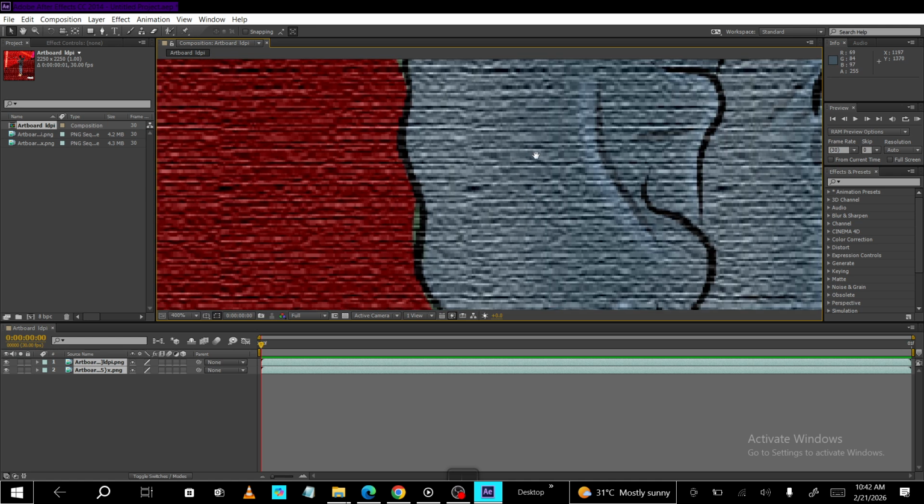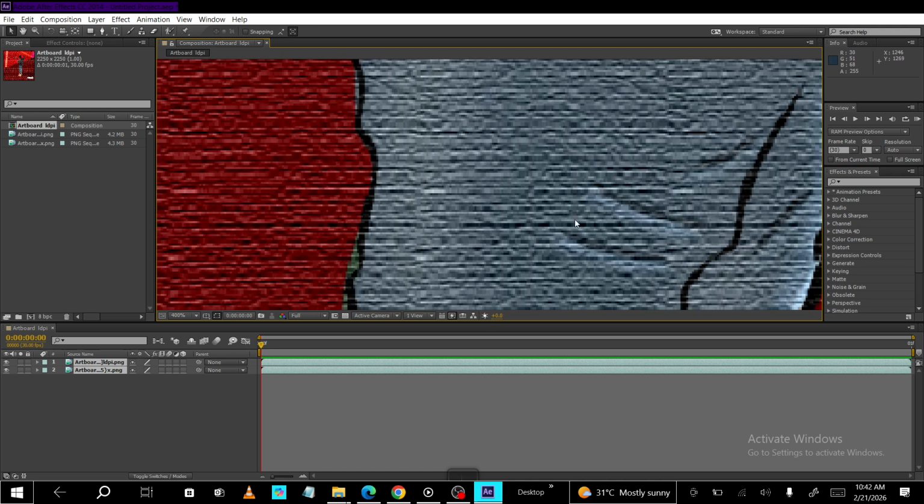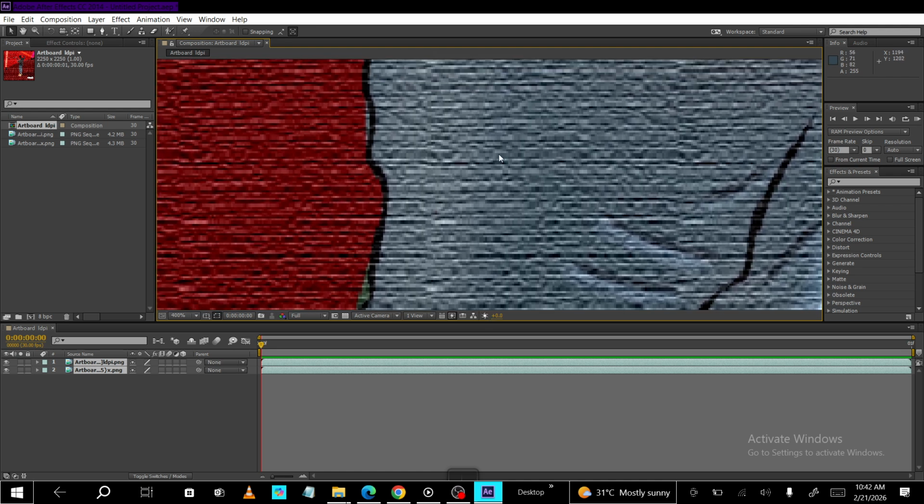By preparing your artwork on separate layers in Illustrator, importing it as a composition while retaining layer sizes, and then animating with transform properties and